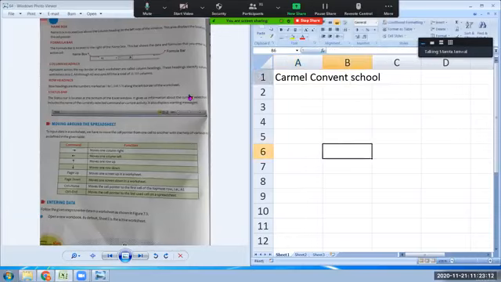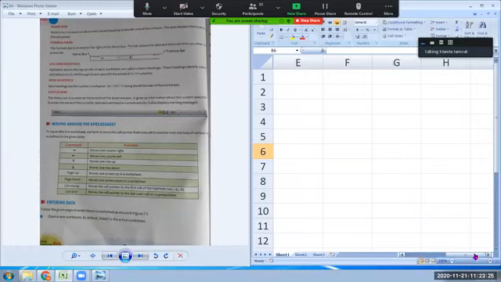Then next term is column headings. I explained, we have column headings A, B, C, D. A, B, C, D जब Z तक हो जाते हैं, then after that you get AA, AB, like this you get, right? If I keep scrolling like this, a point comes when you start getting AA, AB, AC, AD, AE, AF, like this. So this way you can have the look of all the column headings here, right?